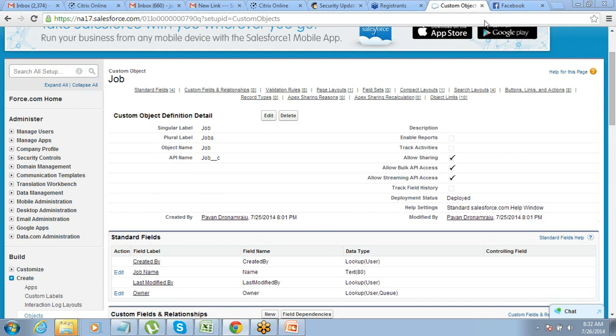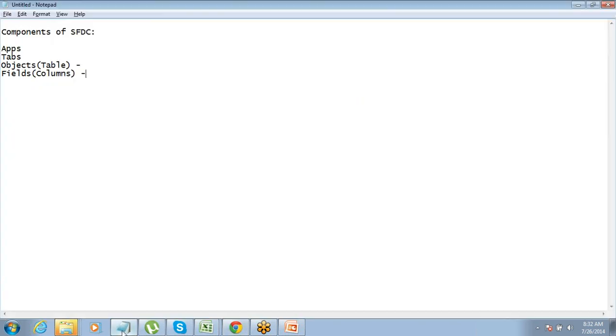Okay. See, whenever you try and create an object on Salesforce, by default it creates 4 standard fields. What is the standard and custom thing? Standard is what Salesforce provides. This standard and custom is something that we will use a lot, so you need to have these two terminologies in mind. Very simple, standard is something which has been created by Salesforce.